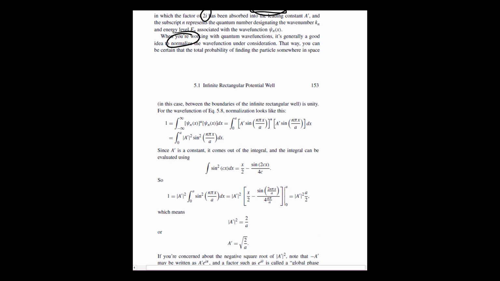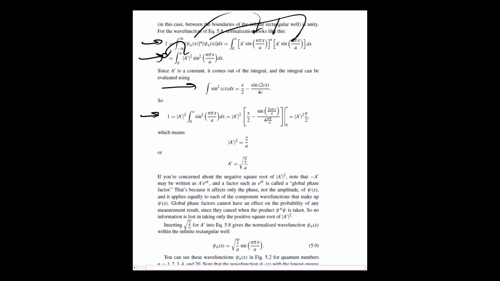Before we see those, let's normalize them to see what that a prime is. To normalize, you set the integral of psi star psi over all space equal to 1. We plug in psi star. We plug in psi. That gives us this integral. A prime is a constant, so it's going to come out of the integral. Here's an integral identity for sine squared. When you use that, plug in these values, you get that a prime is the square root of 2 over